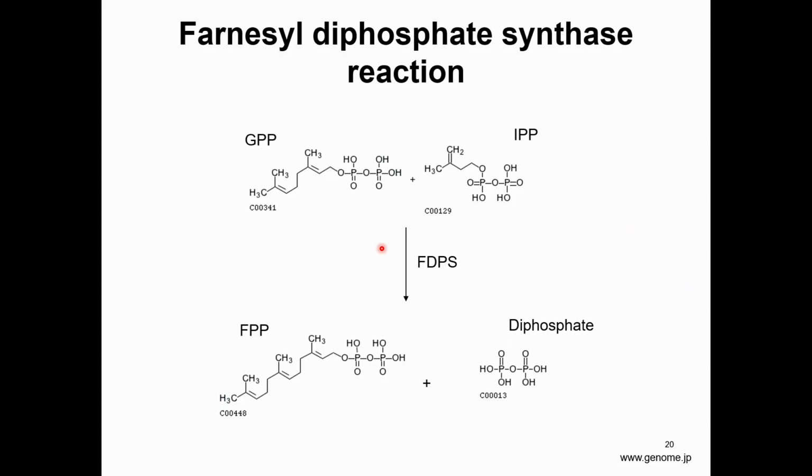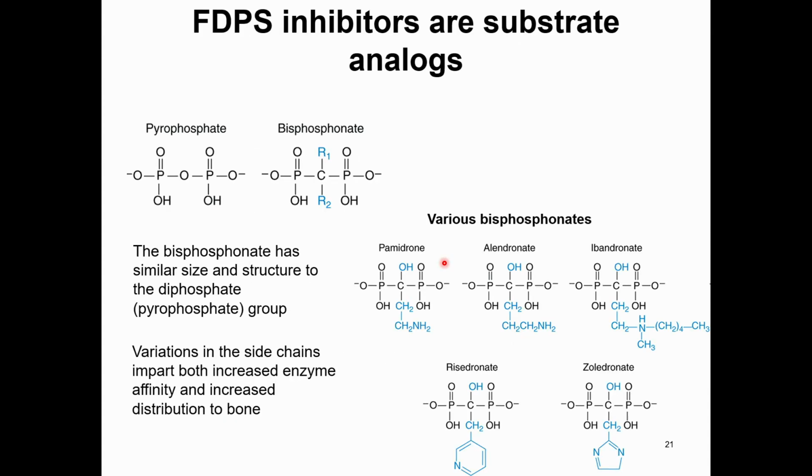So one of the chemical pathways that participates in the bone resorption process is the following. It's a complex procedure, but there's an enzyme called farnesyl diphosphate synthase. And basically, it looks like this. You don't have to remember this in detail, but what I want you to see is that there's a lot of diphosphate involved in this, right? Diphosphate here, and this is free diphosphate. So farnesyl diphosphate synthase, this enzyme participates in bone resorption,